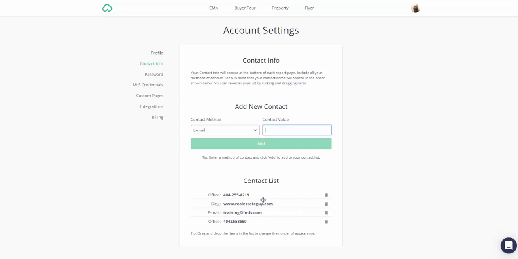Otherwise, down below, if you notice down there as I'm kind of hovering over these four contact methods at the bottom of the screen, I can click and drag these around. Okay. The only difference in dragging them into a different order than what they might be showing as is the order that I see down here at the bottom of this tab will be the order that it appears on